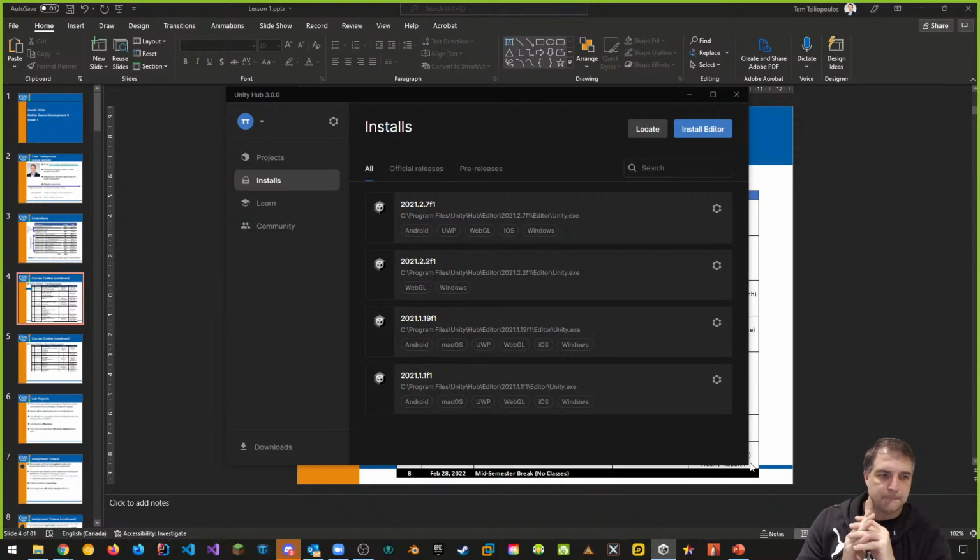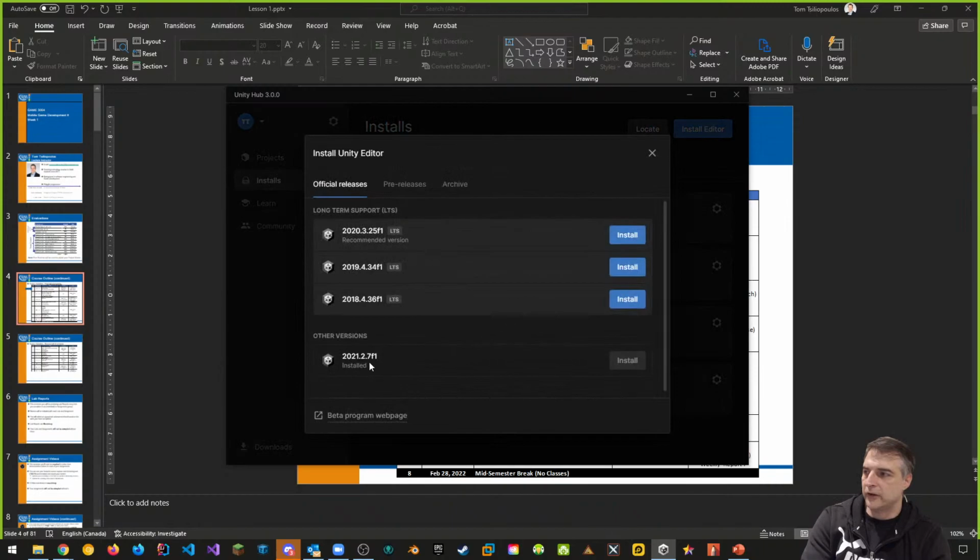Okay. You go to your hub installs. This? What do you mean? So if you go install editor, then you're going to install 2021.2.7f1 onto a new drive. Okay, I see. Let's do it together. So let's suppose I want to install this long-term support version.